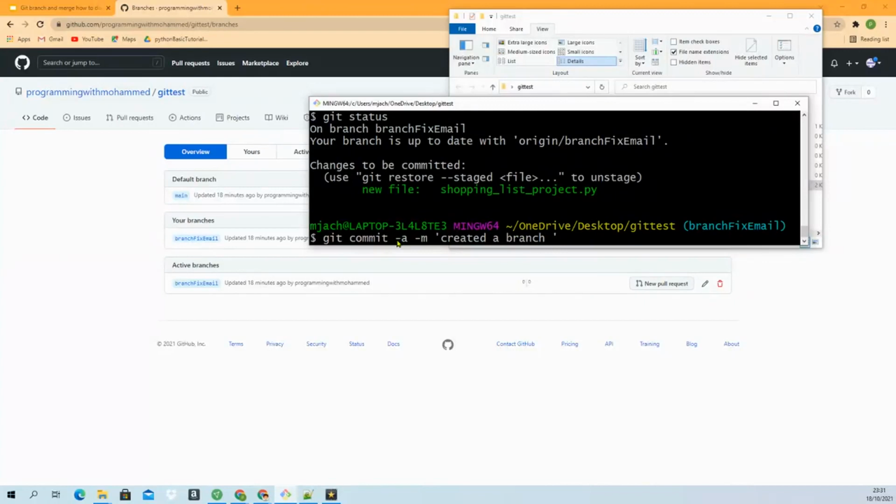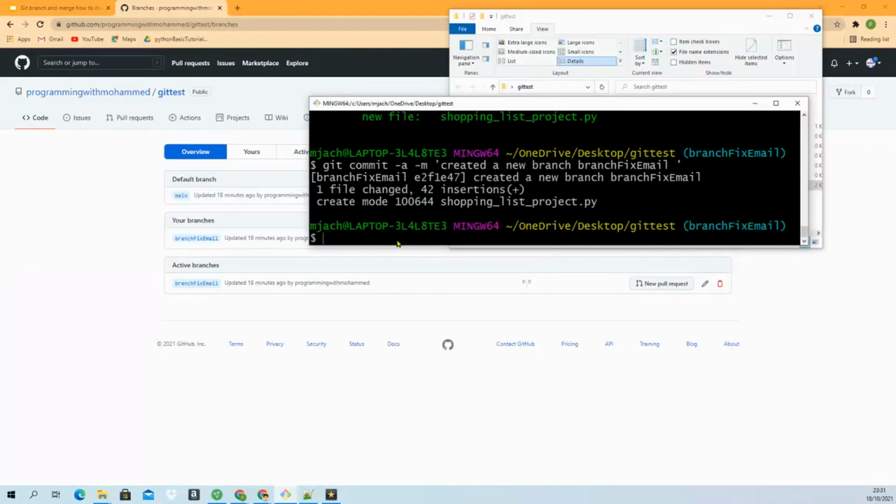New branch. So I can see one file changed, 42 insertions. So if I push it now,